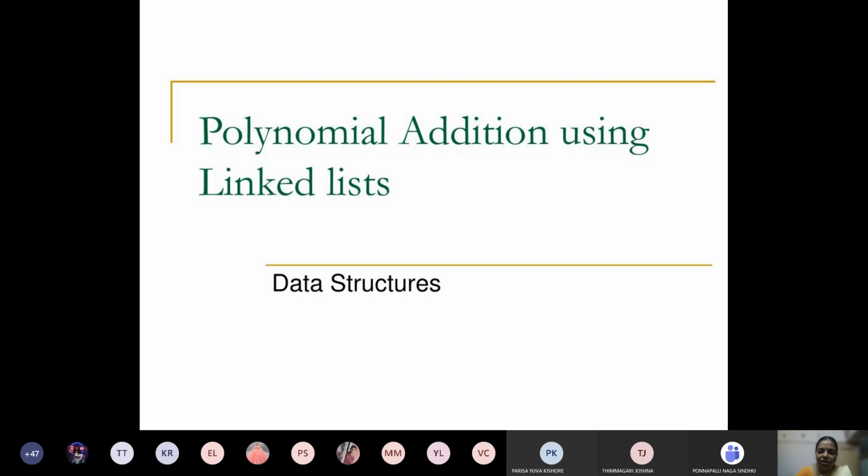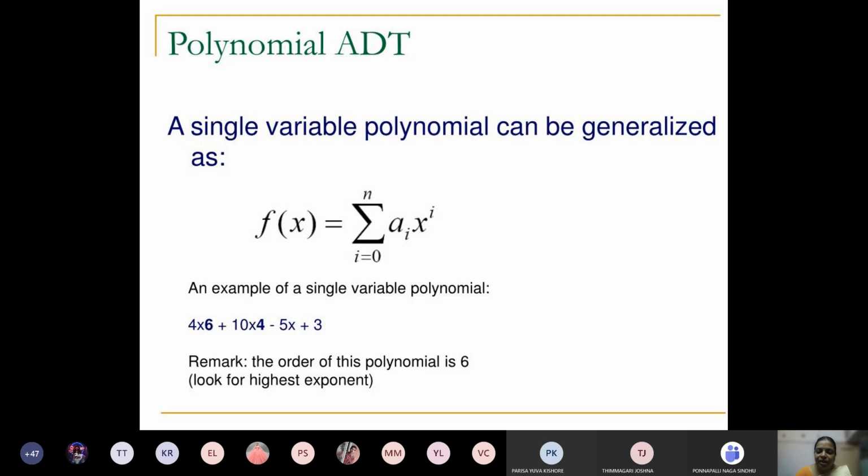What is meant by a polynomial? A polynomial is a term combining an x component and a normal real value component. The combination of these two values is one term.